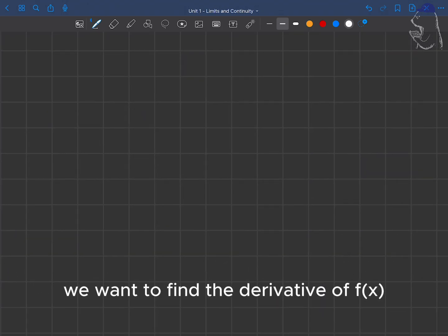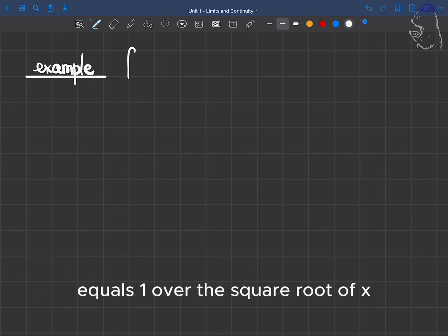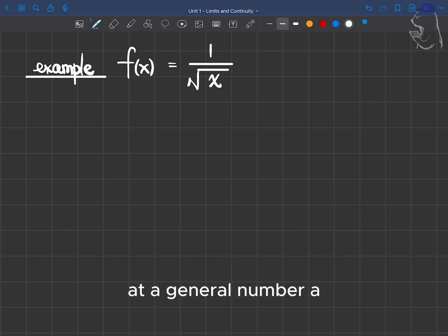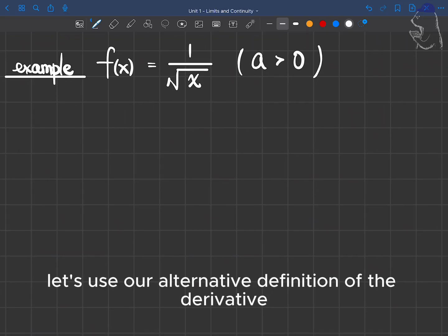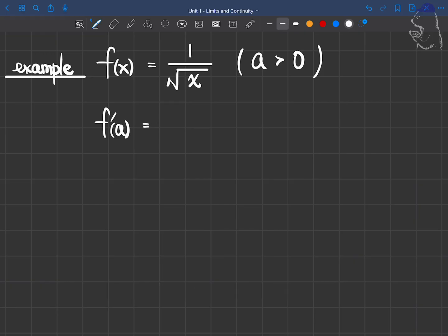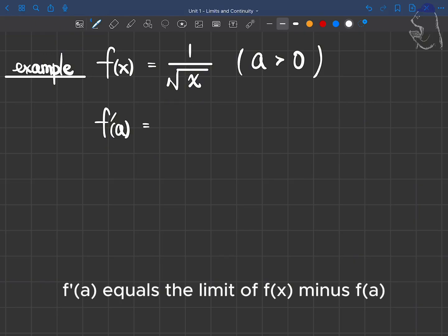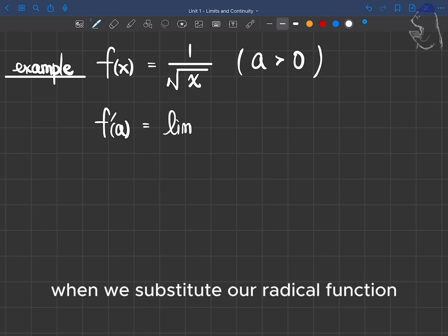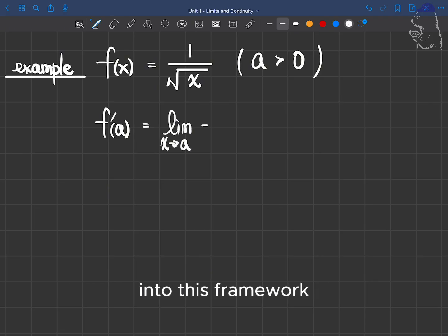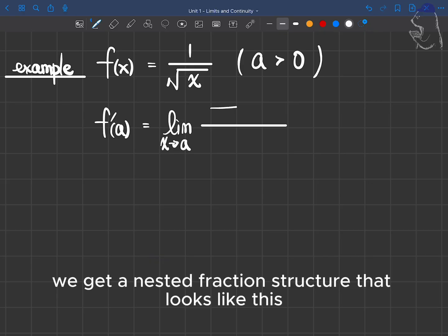We want to find the derivative of f of x equals 1 over the square root of x at a general number a, where a is positive. This time, let's use our alternative definition of the derivative to see how the algebra shifts. F prime of a equals the limit of f of x minus f of a divided by x minus a as x approaches a. When we substitute our radical function into this framework, we get a nested fraction structure that